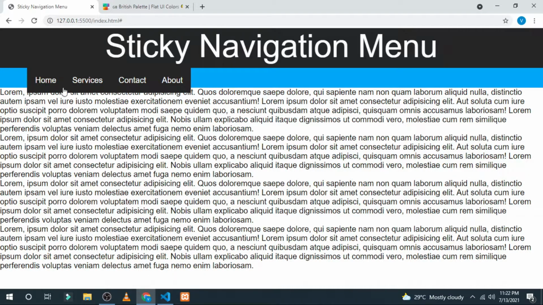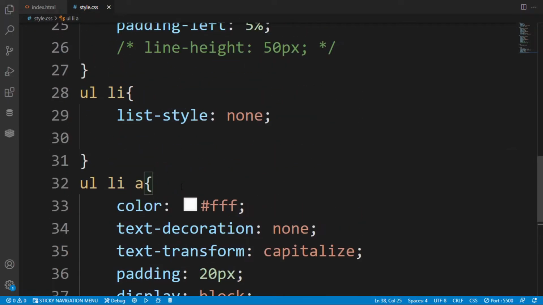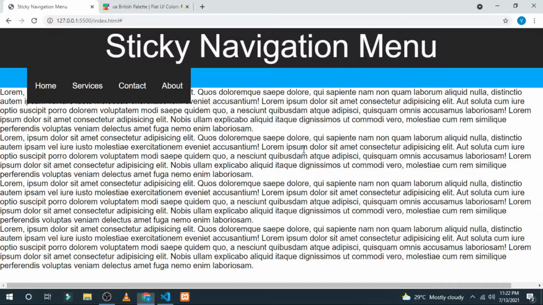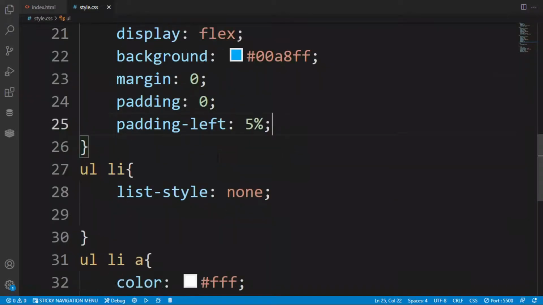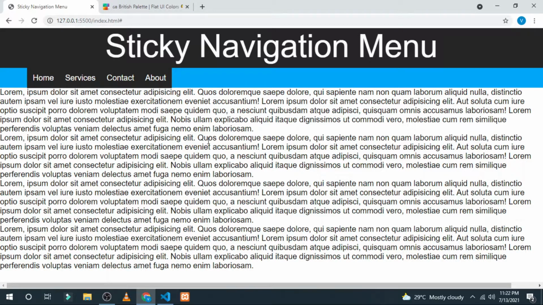So these are the remembering points: box sizing and overflow in the unordered list will not work if you have put in the padding and the line height, because this is going to create a lot of trouble in your unordered list. So here I want to decrease it to 10 pixel, then let's say 15 pixel, 13 pixel, and then this is the thing that we wanted. Now I have increased it to 14 pixel.